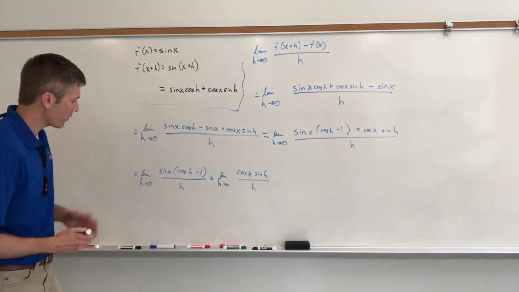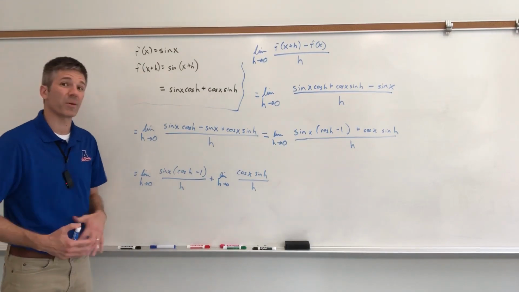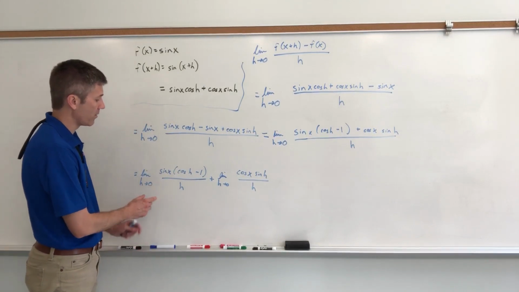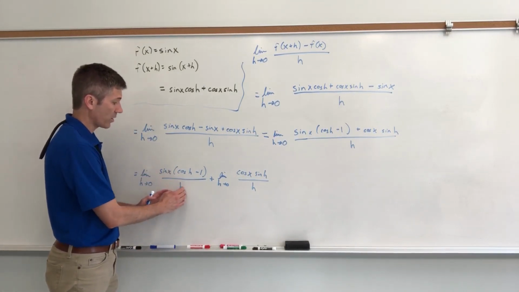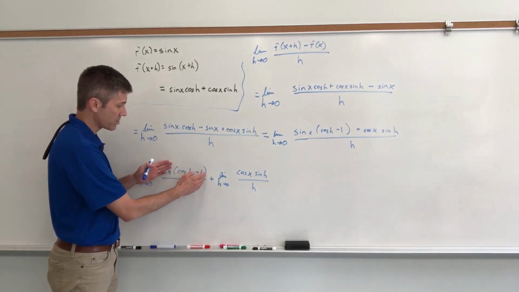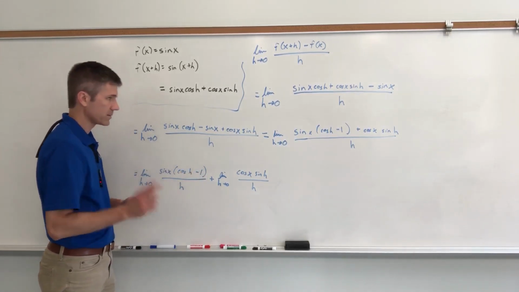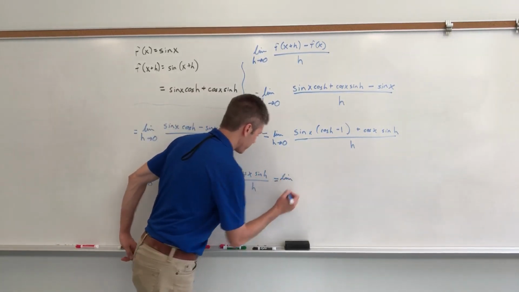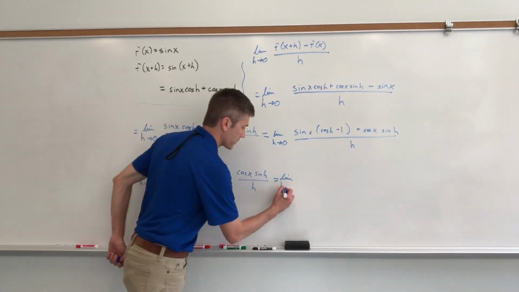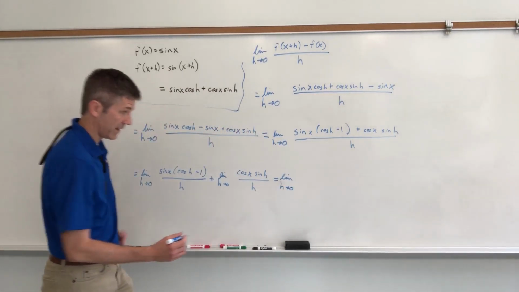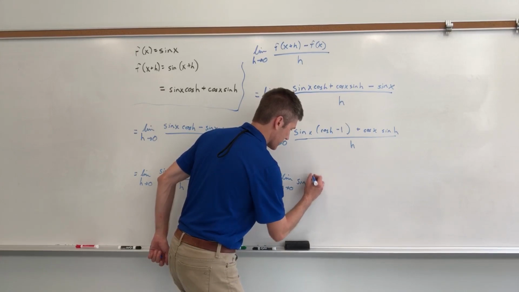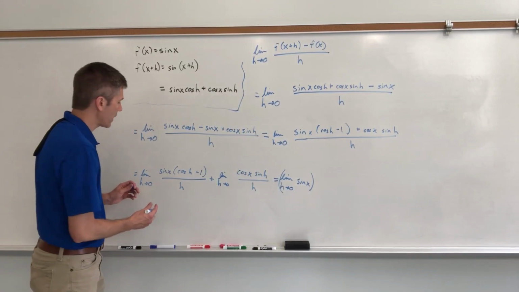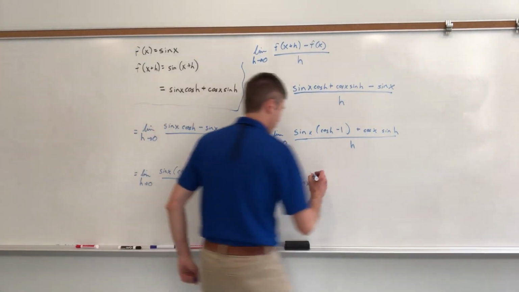Okay? And we've broken this up into separate limits. And I'm going to continue to break it up even further. So I'm going to say that we have the limit as h approaches 0 of sine x over h, and then cosine h minus 1 over h. Let me rephrase that. Let me fix what I just said. Let's rearrange this. So this is the limit as h approaches 0 of sine x. Using the properties of limits here, let's multiply sine x with this. So we'll have the limit